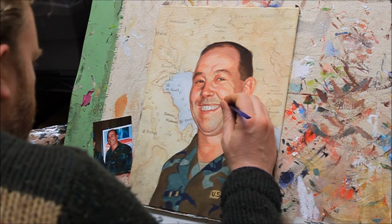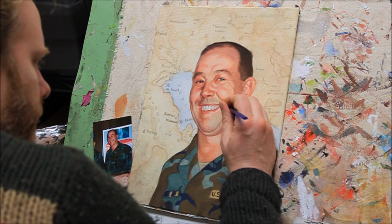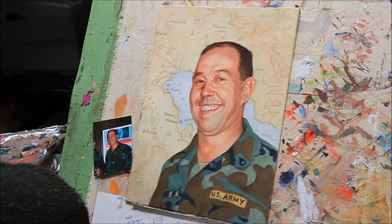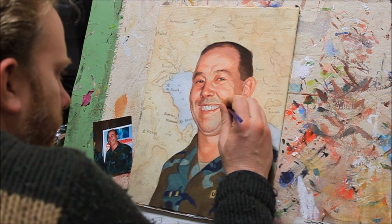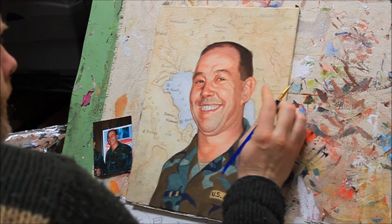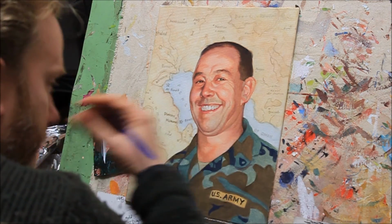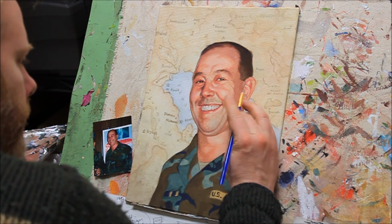And darken this wrinkle by his smile, by his mouth a little bit more. We're going to get a little cooler tone, so we'll take some of our raw umber dark mixed with ultramarine blue into that. Just dab it a little bit to tone it down. That's really easy to do. If you apply too much of the glaze, you can always just dab it with your finger,